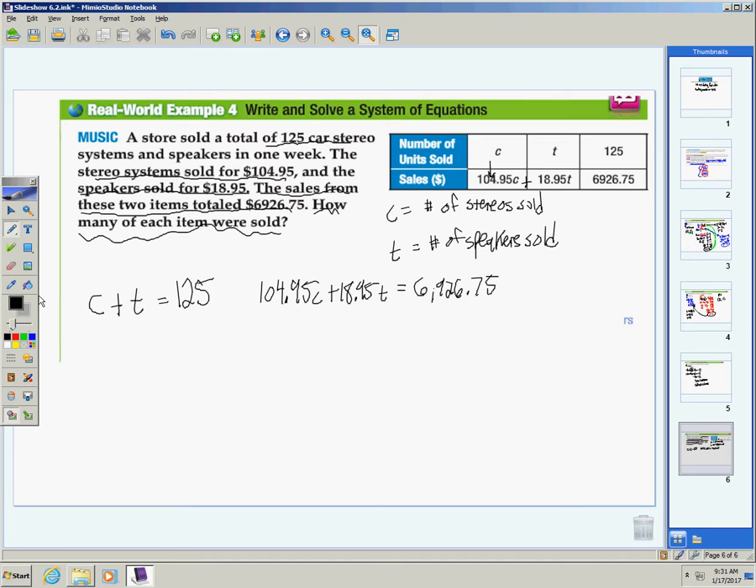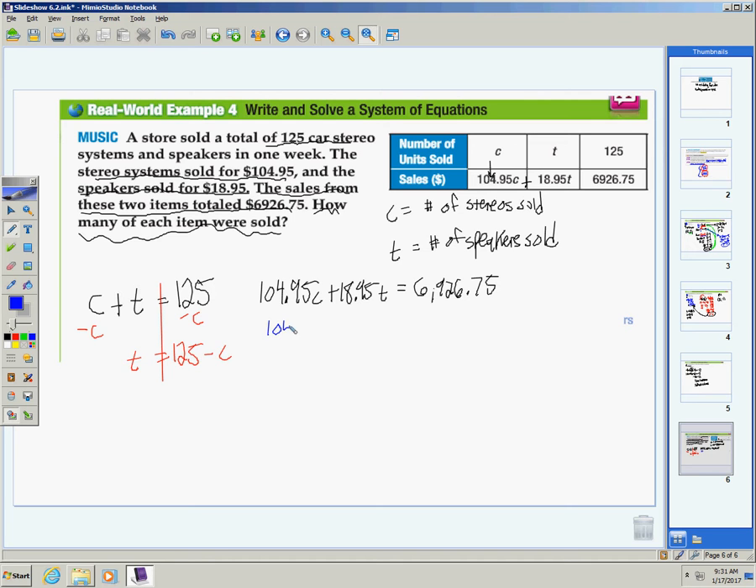Hopefully you can see that this first equation will be much easier to get a variable by itself. So I'm just going to go ahead and solve for T. I'm going to subtract C from each side. You could solve for C, I'm just choosing to solve for T. T equals 125 minus C. So now I'm going to take this value, what I know T is, and substitute it in for my other equation. I get